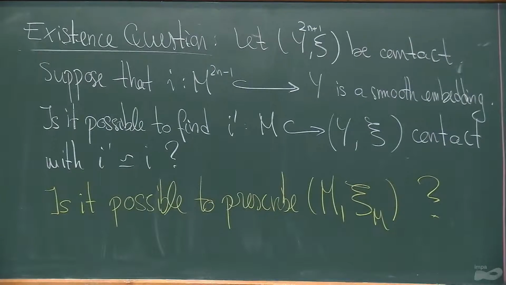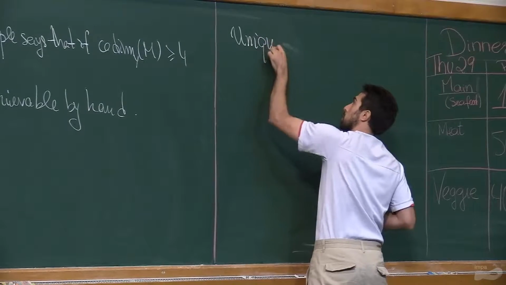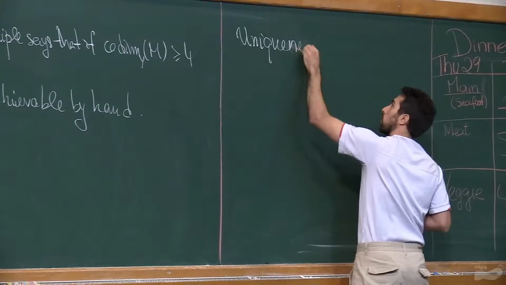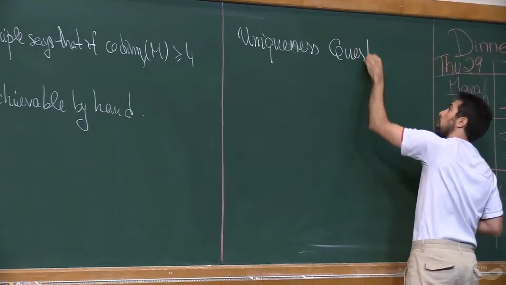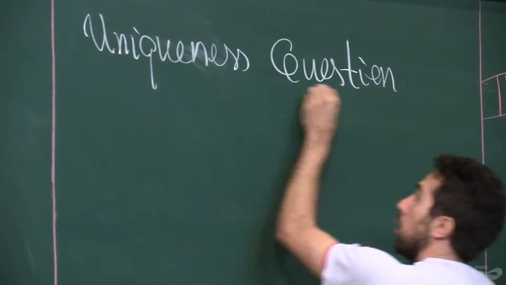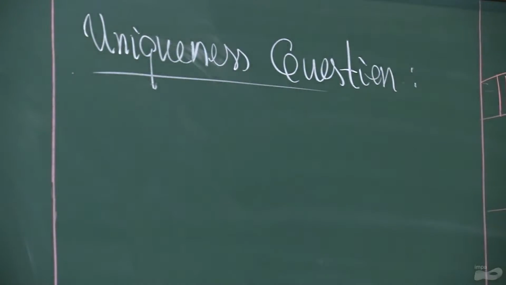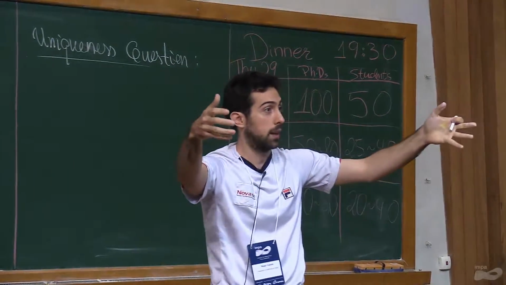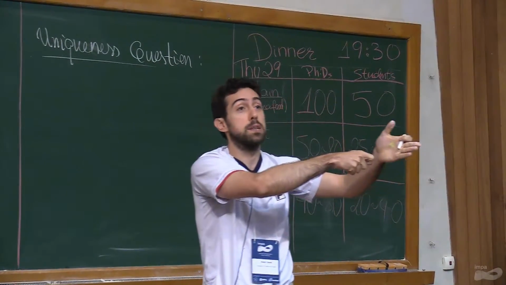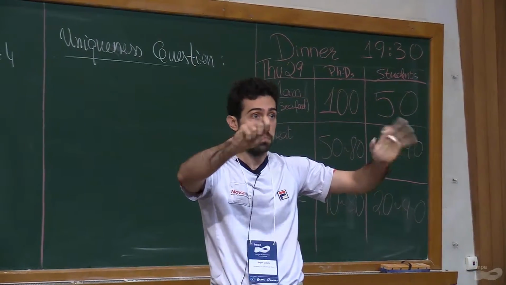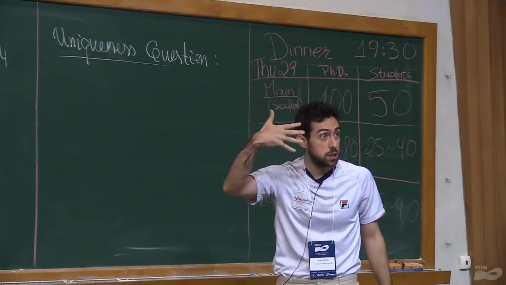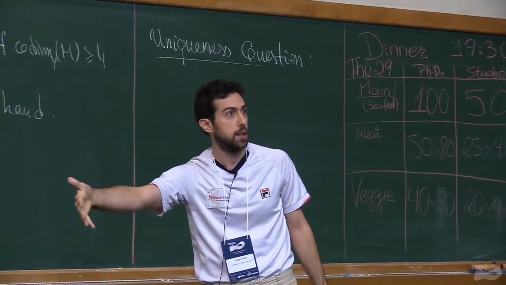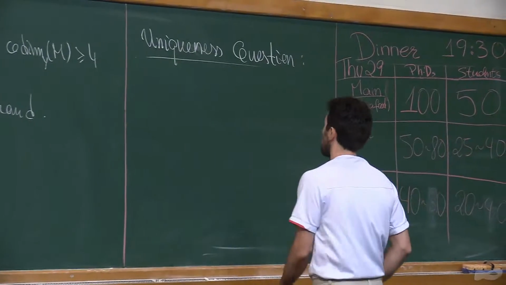Okay, uniqueness question. Well, if that was pi_0 surjectivity, this is pi_0 injectivity. The uniqueness question is: I give you two manifolds, which I know are contact. And then I ask you, if I know that these two manifolds are smoothly isotopic, each of them contact, is it possible that they are contact isotopic? Does the question make sense? So is smooth topology very different from contact topology when you look at knots or contact submanifolds in higher dimension? Okay, so let